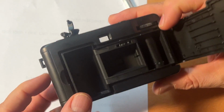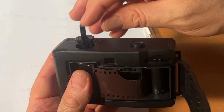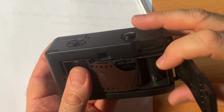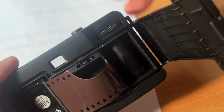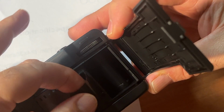Wow! Flash works. Here is the compartment where your film goes. Once your film is in there, you can close this. Be gentle. It'll kind of just fall into place. You take your film, and you see there are little nubs, and that's going to grab on your film as you try to load it, and you load it this way. So you put your film over here